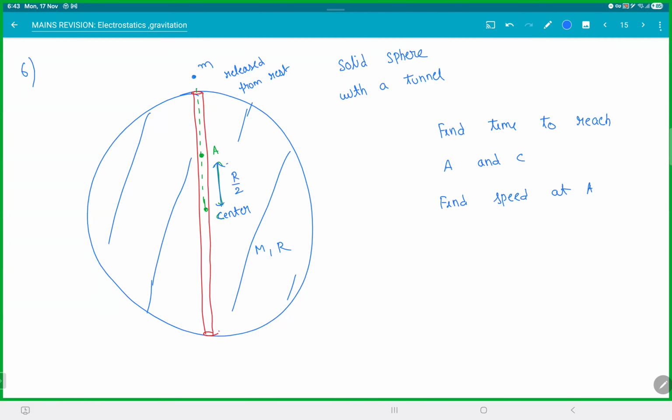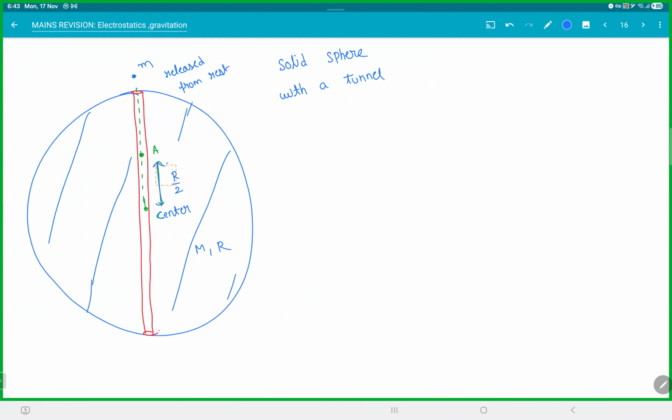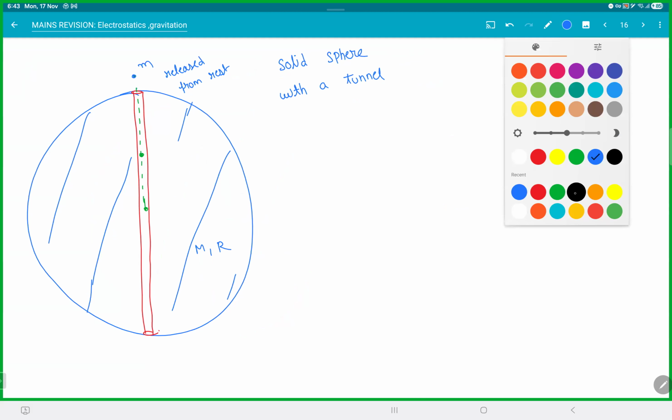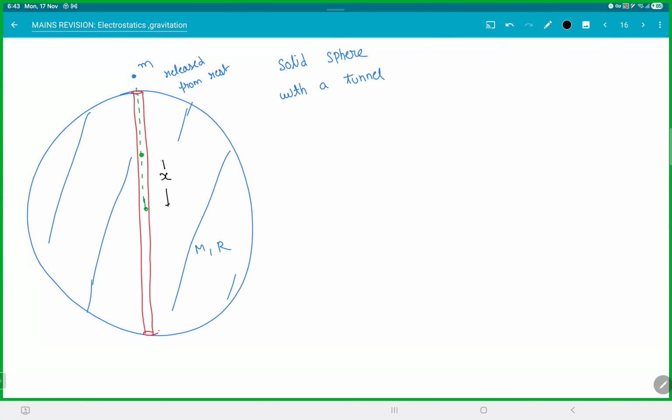So how do we do this? See. So when this particle is falling here, let's say at a distance x, what are the forces acting on the particle? The force acting on the particle will be G M small m x by r cube. Hope you remember, right? The field into this thing. This will be the force on the particle. I'll write like this, but m into E, where E is the field, which is G M x by r cube. So we get force is equal to